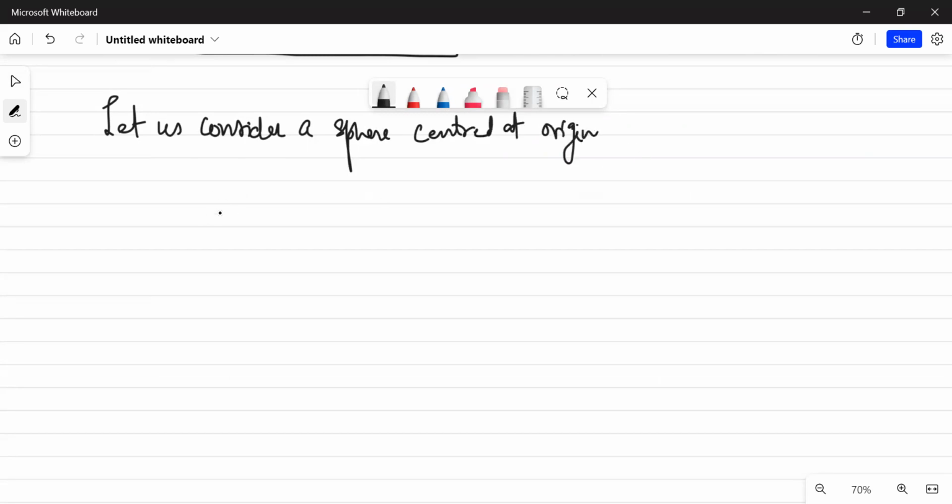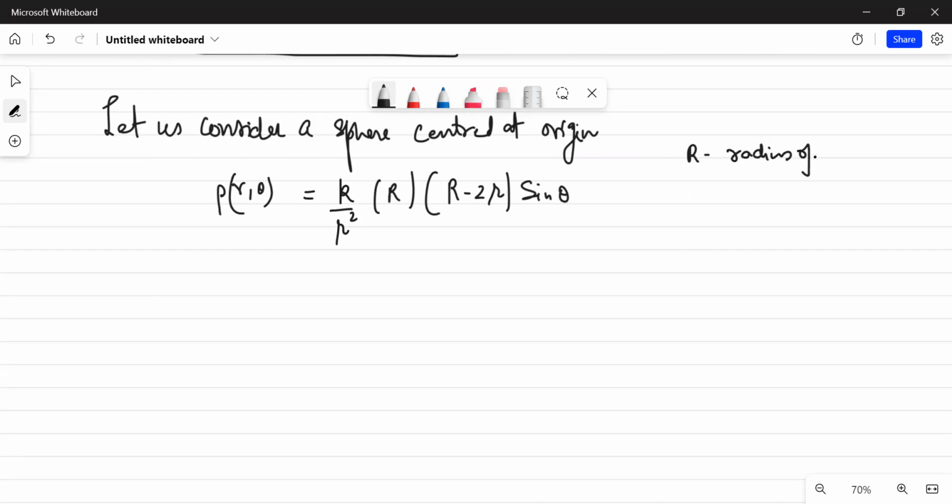Centered at origin, carrying a charge density which depends on r and theta in the manner I'll write it here. So this is k upon R squared, and then I have r, and then I have R minus 2r, and then I have sine theta. The capital R represents the radius of the sphere, and small r is a generalized distance. At some small r and theta from the origin,